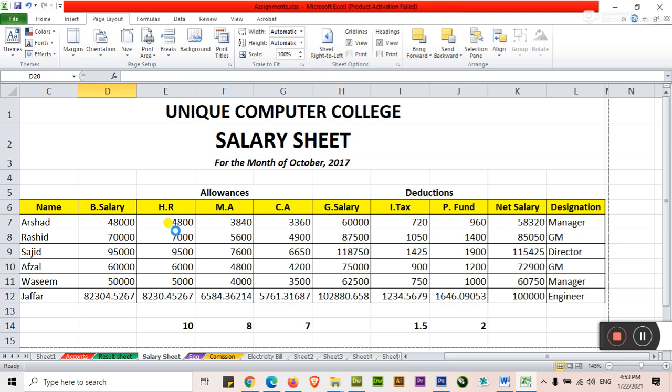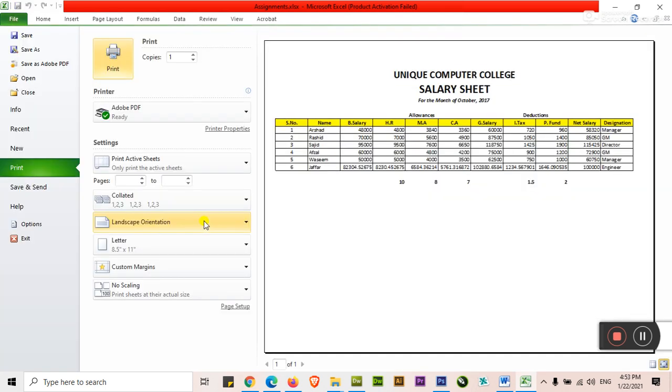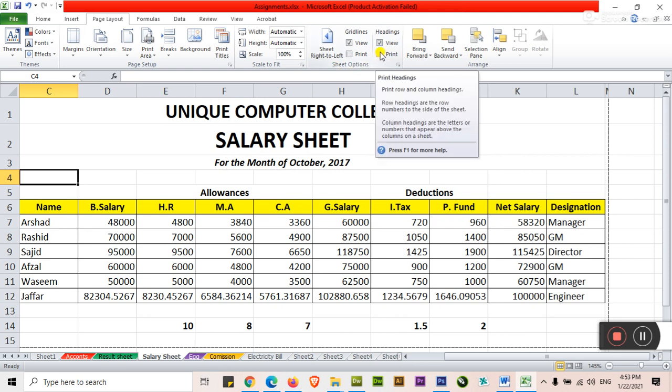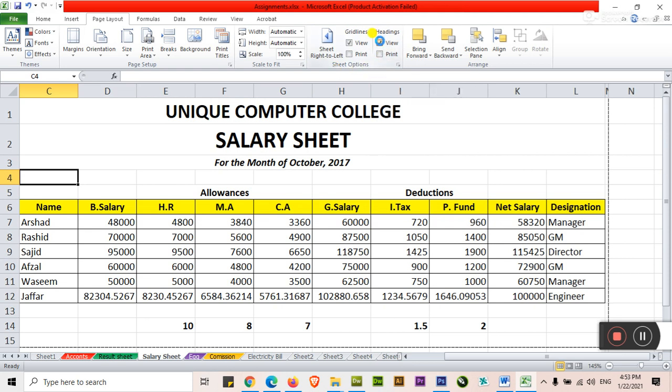Again press Control P. You have all the sheet in this, but in this range I now want the column names and the row names, A B C D and 1 2 3. I also want that in the print. There's nothing extra to do. Just open the checkbox under Sheet Options, Headings. Already you are seeing these headings here. When you check Print, then you will get them in the print also.